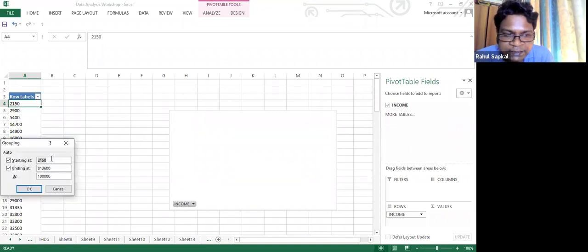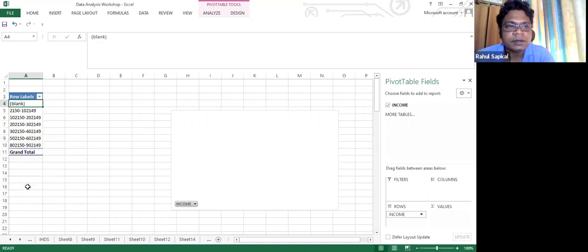It is showing the starting point is your lowest value, and the highest point is your highest value, 8,13,600, and here Excel is suggesting 1 lakh as the class interval bin or the width. So this many class intervals are coming.